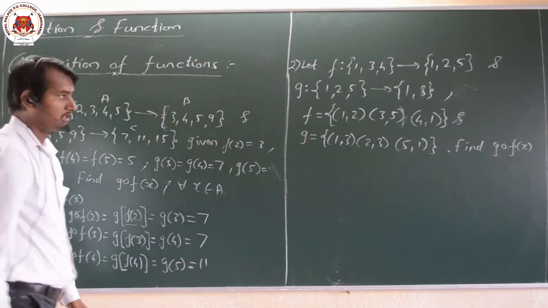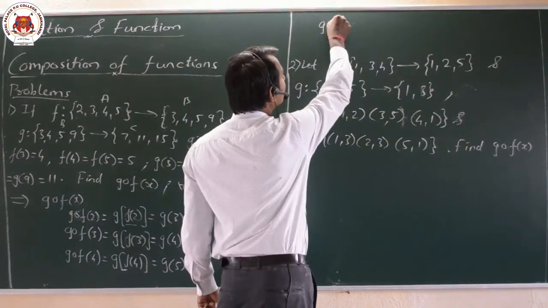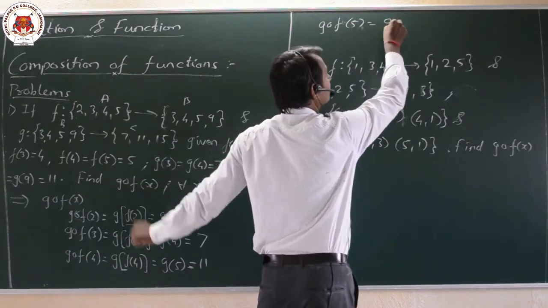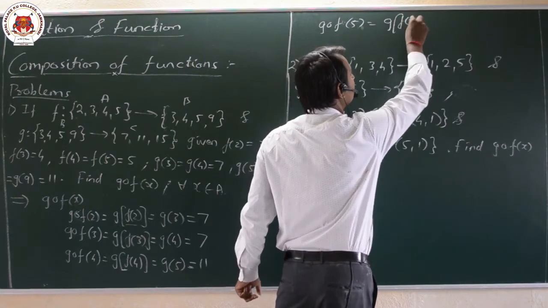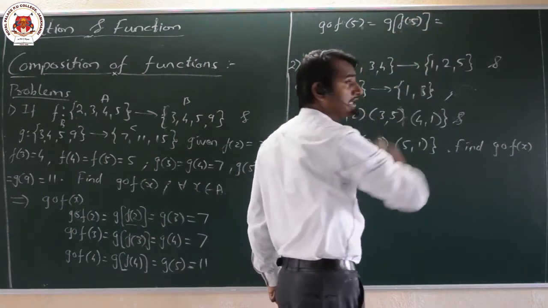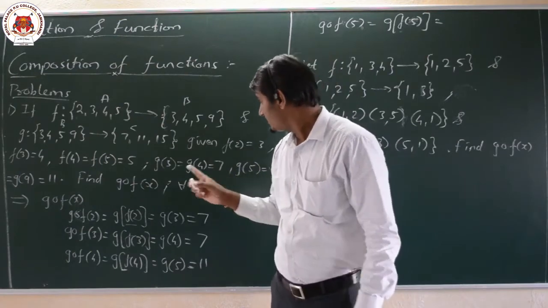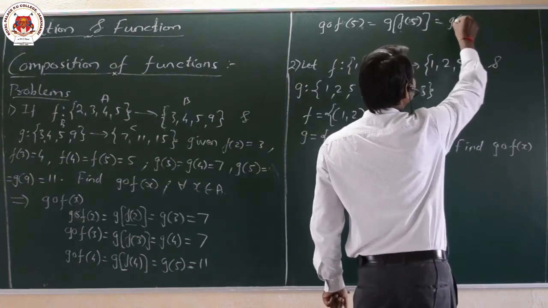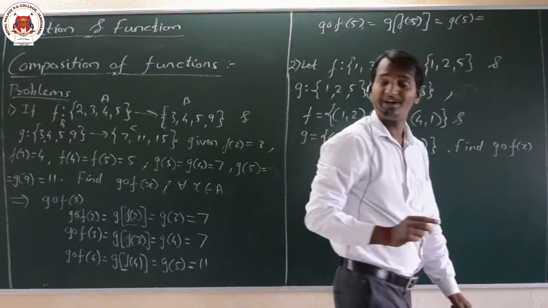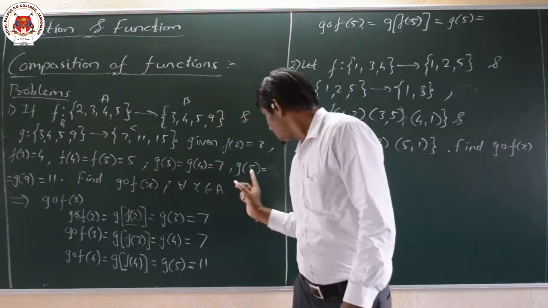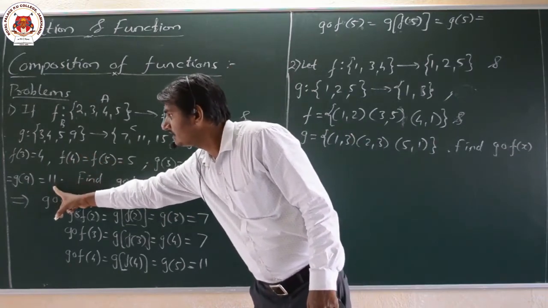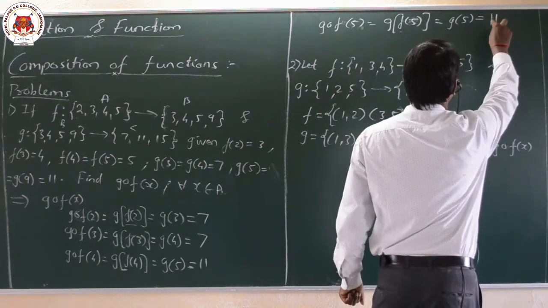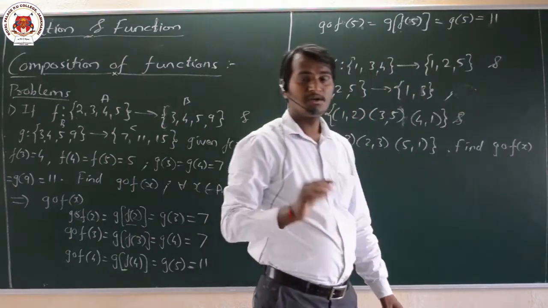Now the last one. In g(f(x)), in the place of x the last value is 5. According to the definition, g(f(5)). Now what is the value of f(5)? That we shall find. The value of f(5) is again 5. That is g(5). Now what is the value of g(5)? That we shall observe: g(5) is again 11. Okay, dear friends, that is our required example, the first particular thing.